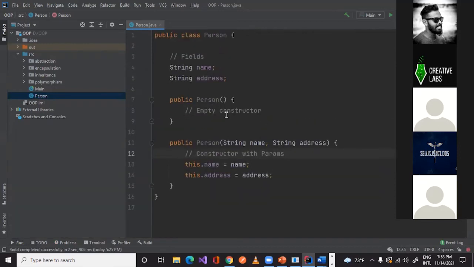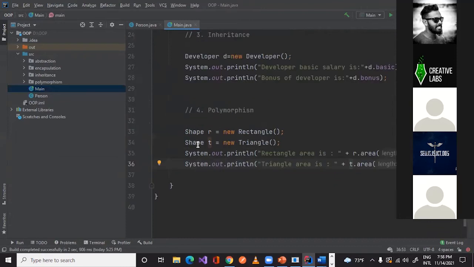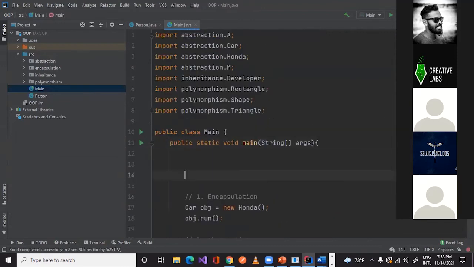Out of this class, we can have objects. For example, somewhere else, person1 equals new Person, with the name Tony Stark and the address California.